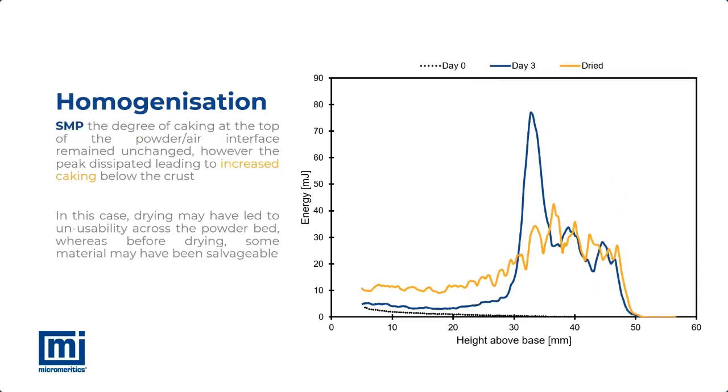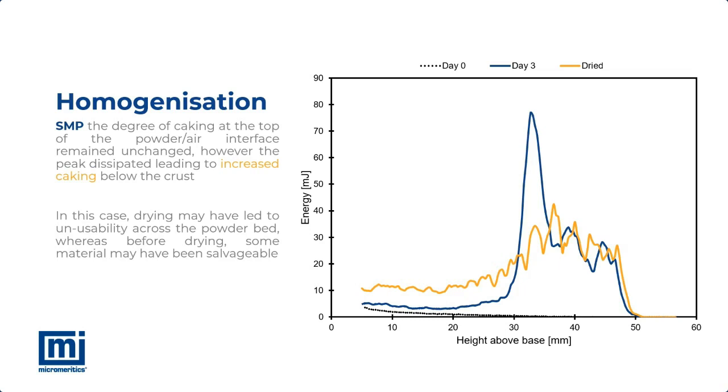Lastly then, we see the process of homogenization, where a sample which initially developed a strong, progressive crust was dried out, resulting in a much more even distribution of the caked region. The implications of this could be different depending on the particular details of the process for which this powder is intended. On the one hand, after the initial caking, the lower half of the sample was almost completely unaffected, so